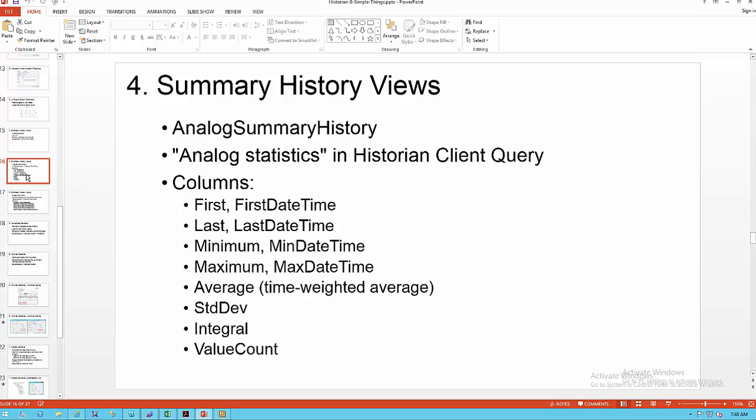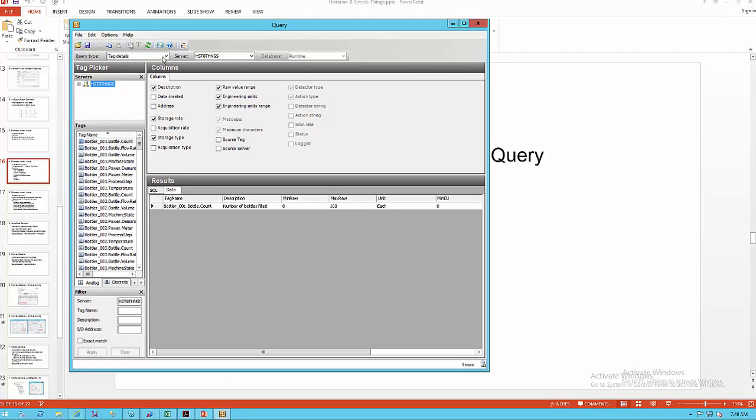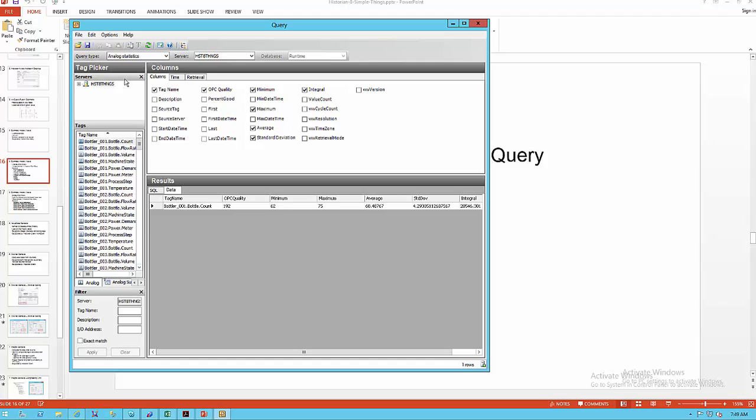The first view we'll take a look at is for analog tags. It's called Analog Summary History. And in Historian Client Query, that shows up as the query type Analog Statistics. So if I bring up Query, and we go down to Analog Statistics, what this does in the background is